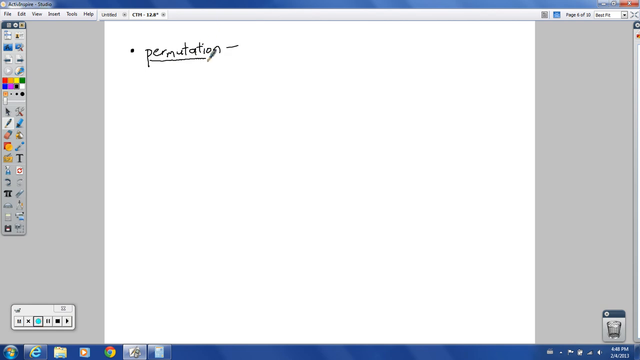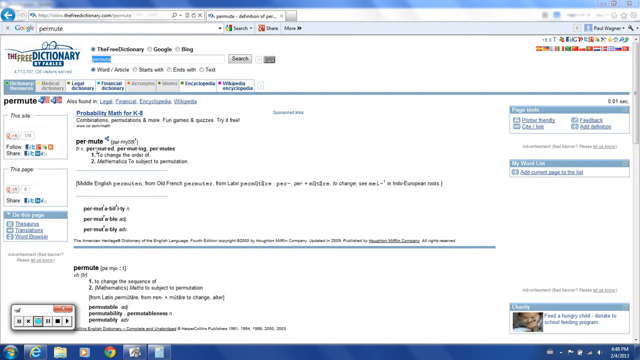Before I define the word permutation, I want to bring up my dictionary, defining what the root word is, permute. What does permute mean? If you can remember what permute means, that will help you remember what permutation means. And so here it is. Permute means to change the order of. So if you can remember that permute means to change the order of, then you can remember permutation means